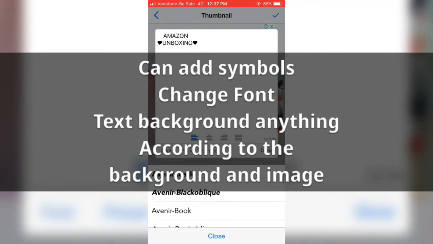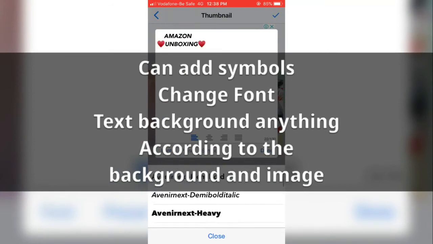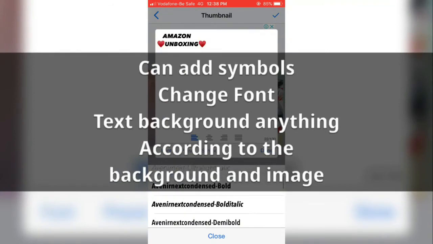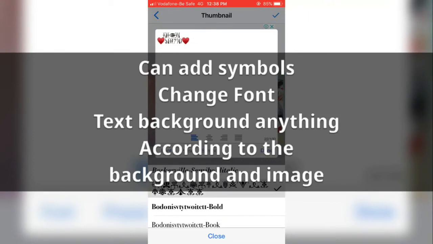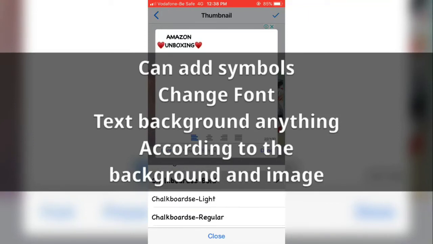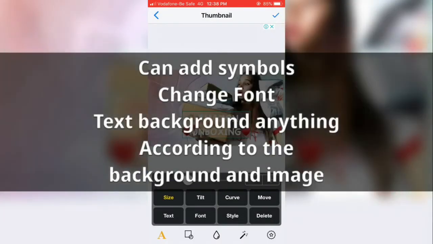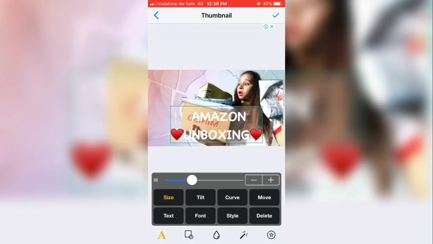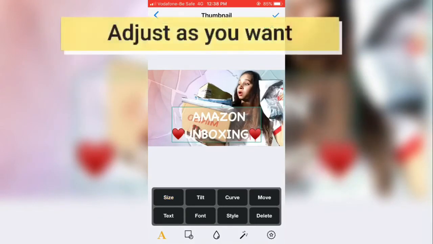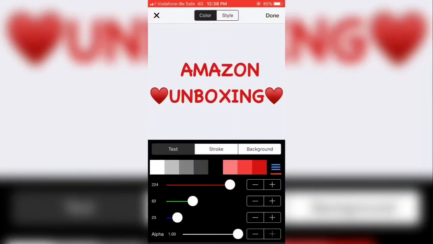Can add symbols, change font, text background, anything according to the background of the image. I need the font to be a bold one, so I selected the bold font and now I'll be changing the size of the text and color scheme.